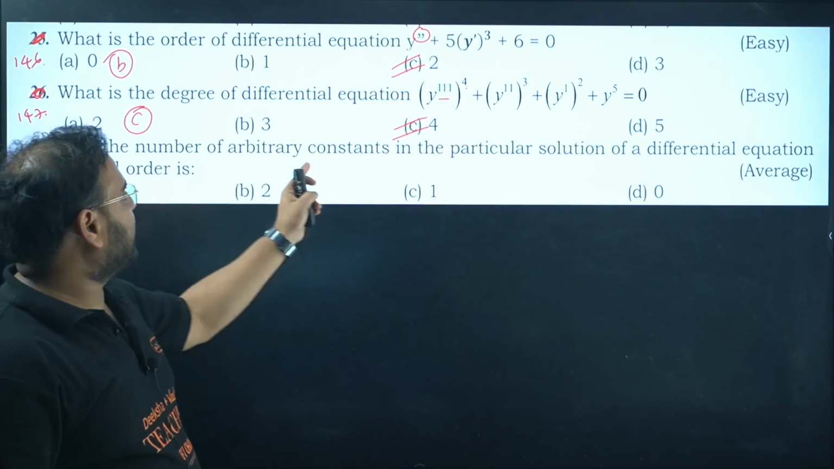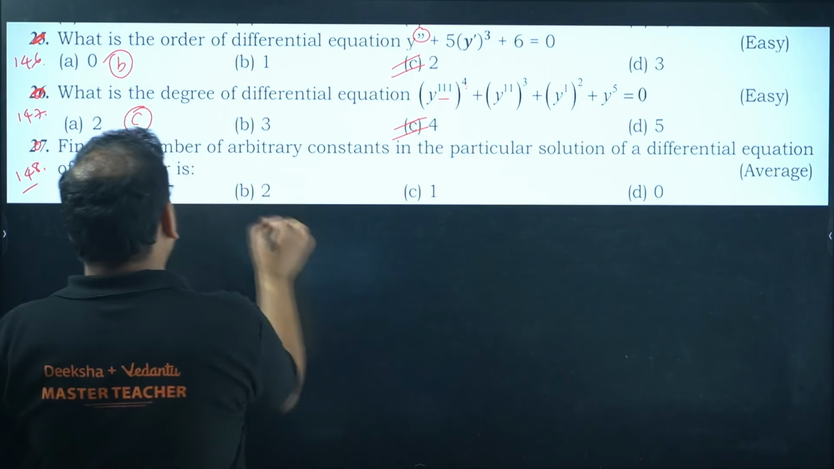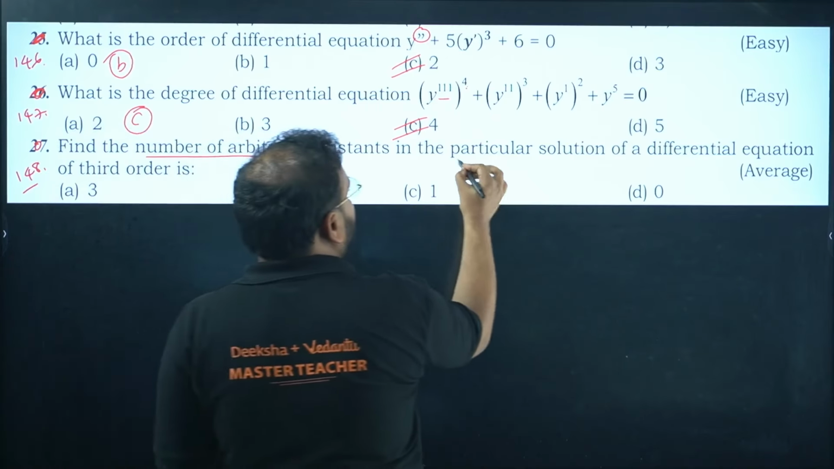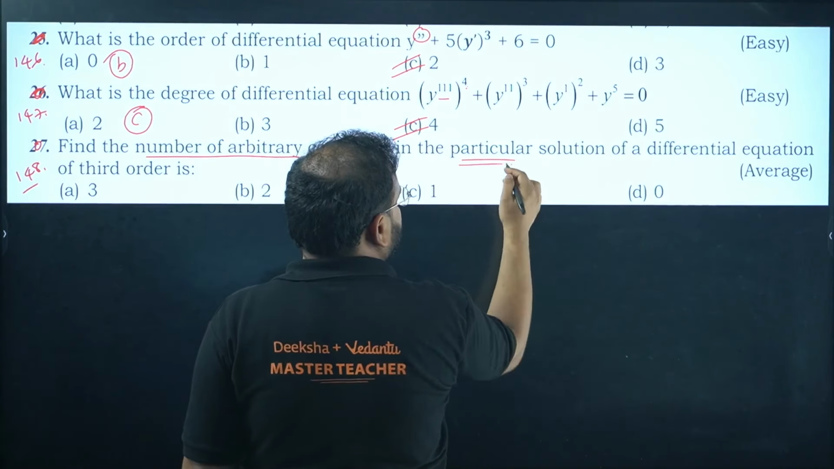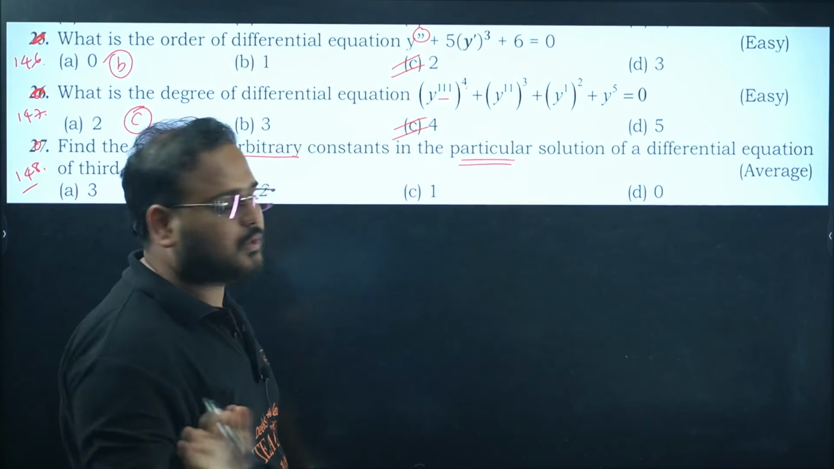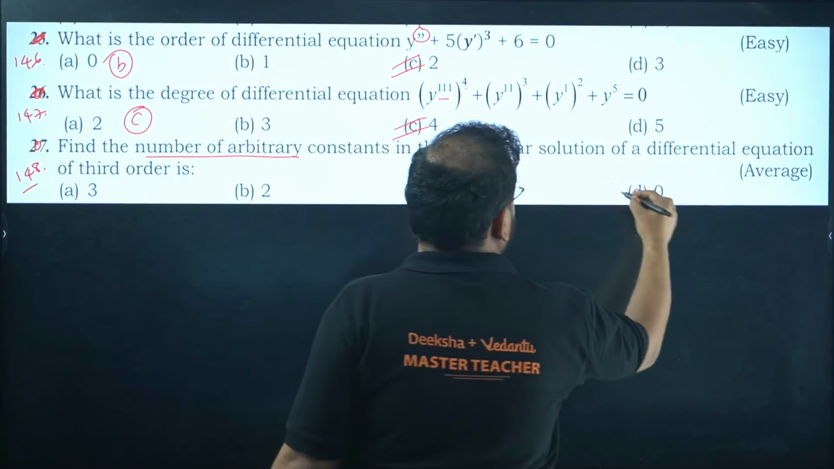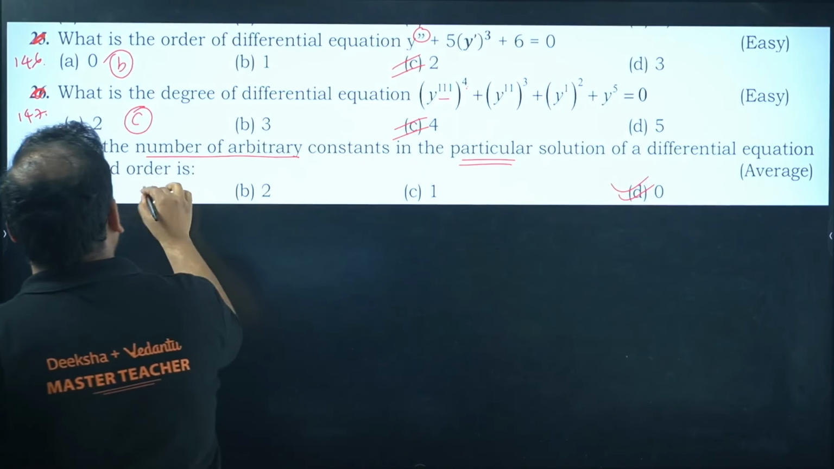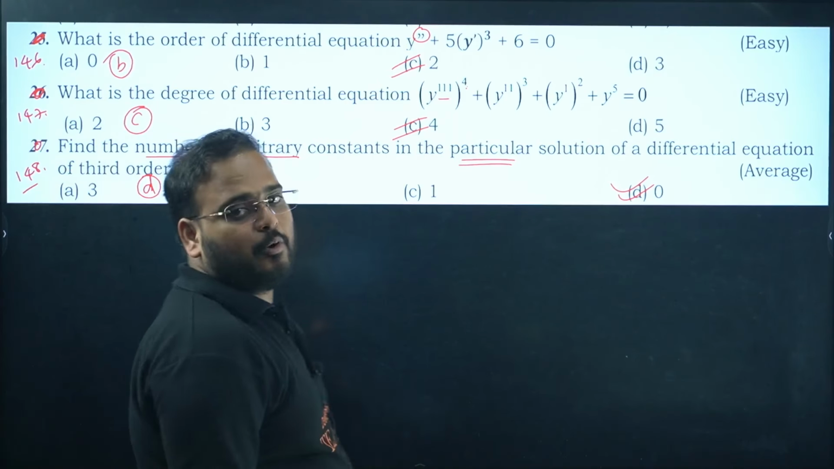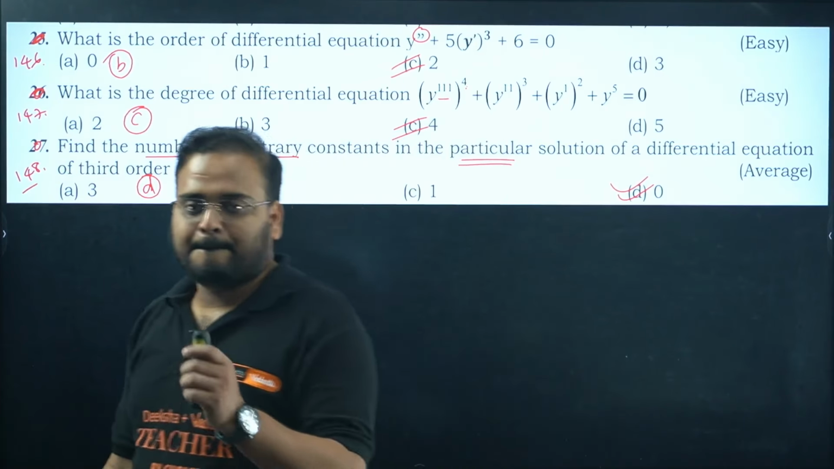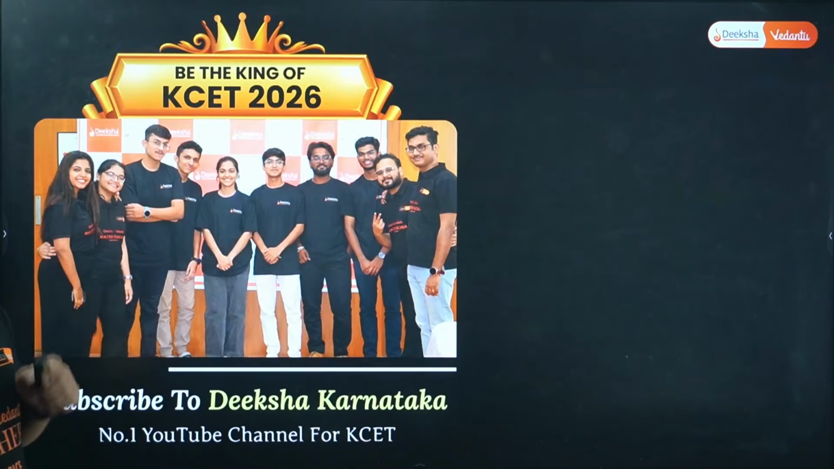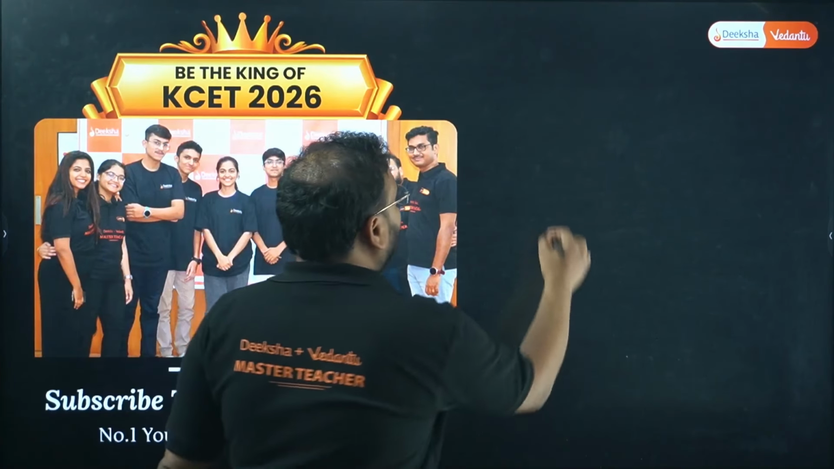Find the number of arbitrary constants in the particular solution. No constants. Always 0. Answer is D. So the answers for the last slide are B, C, D. I hope this is clearly visible on the screen. Okay. And this actually completes all of your 1 marker